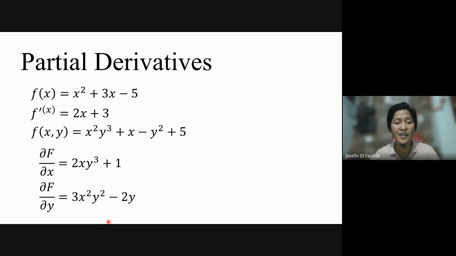So, ganun din yun guys kapag mas madaming variable kasi minsan hindi lang dalawa, pwedeng tatlo o pwedeng madami pa yung variable. Kunwari, gawin nating tatlo naman. Kunwari, I have a function with respect to x, y, z naman. Gawin nating tatlo. And then, I have here, lagyan natin siya ng